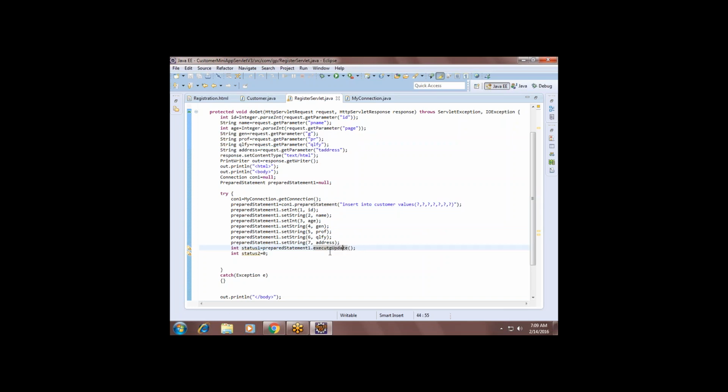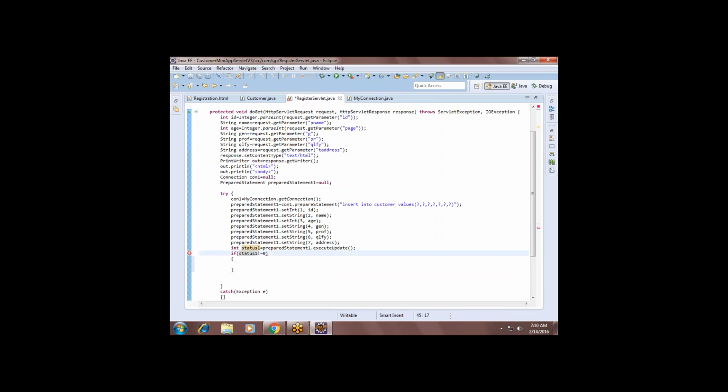Then I invoke the executeUpdate method and check if status is greater than 0. Zero means no records inserted.